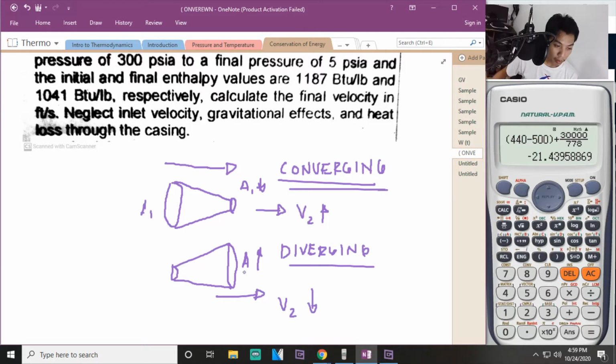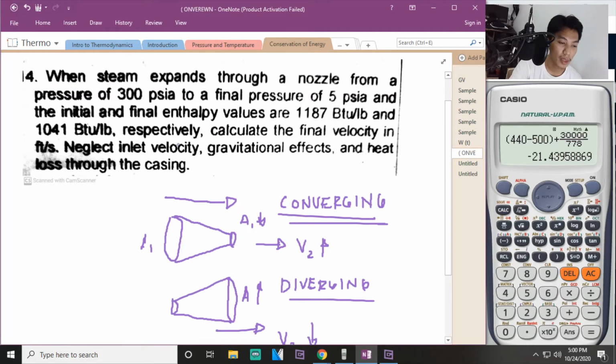Okay? Para maapektuhan mo yung kinetic energy of the fluid. Sir, ano ba yung throttling process? Kapag nozzle, meron kang throttling process. Ibig sabihin, yung process na yun is at constant enthalpy. Okay? Yun lang yung mga common ideas na dapat tandaan kasi tinatanong din yan pagdating ng inyong board